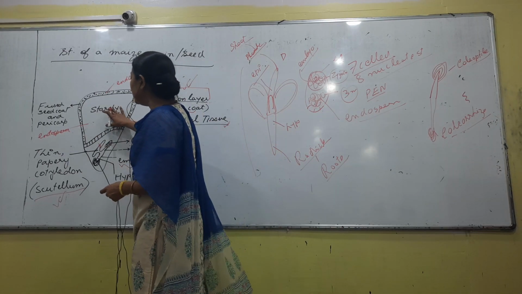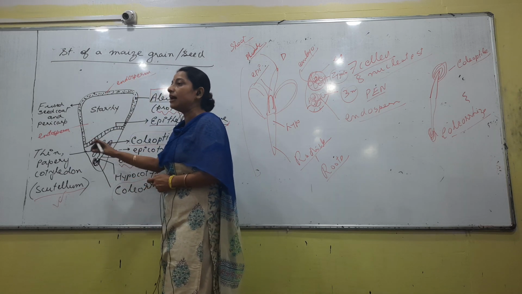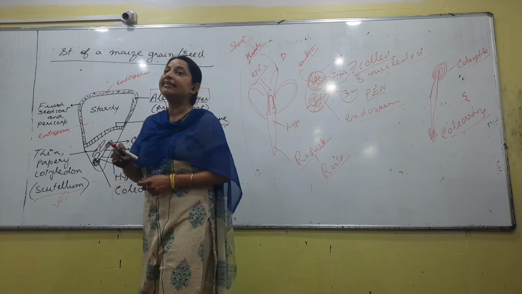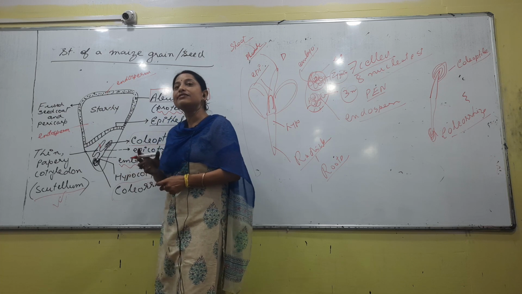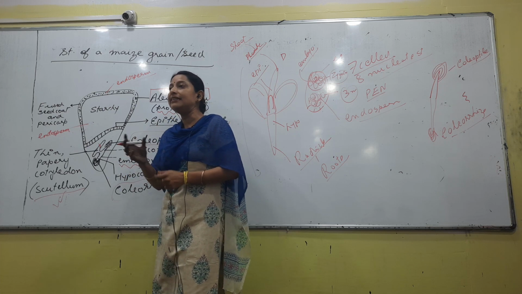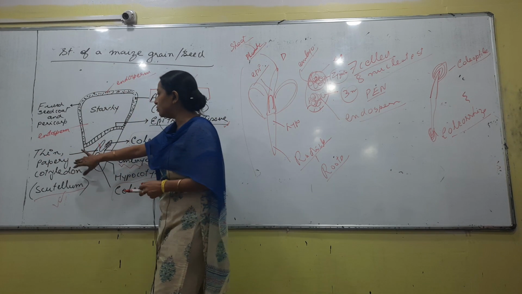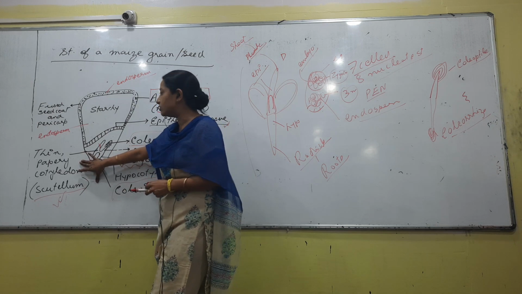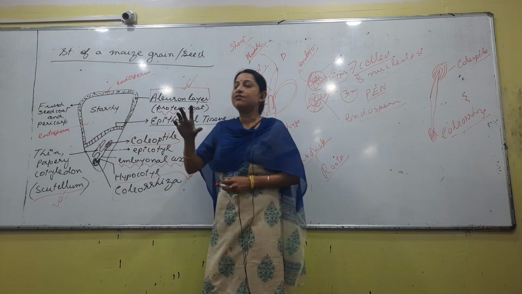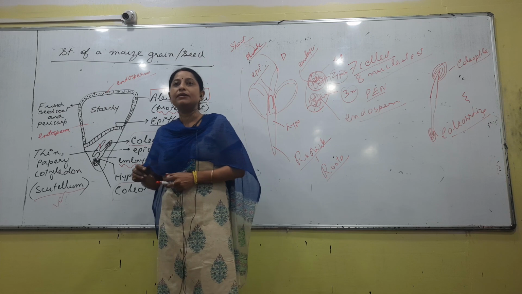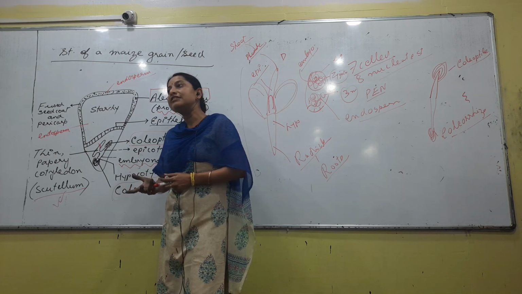Next part is, since we know that in case of a seed, if you are talking about the baby plant that will germinate, the baby plant will always require food, and where exactly can the food be found? Generally we have an idea that the food is always stored in the cotyledons. In case of a dicot seed, since they have two cotyledons, the amount of food is more. But if you notice what we have written here, in case of a monocot seed, especially an endospermous monocot seed, the cotyledon that is present is very thin and papery. If the structure that contains food is very thin and papery, will it store more food or less food? Obviously it will store less food.